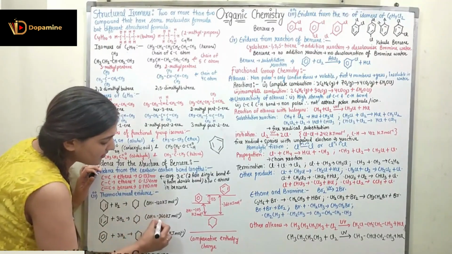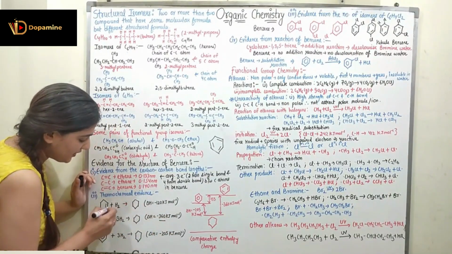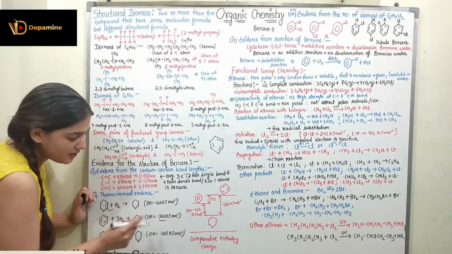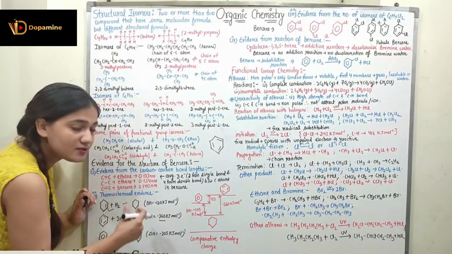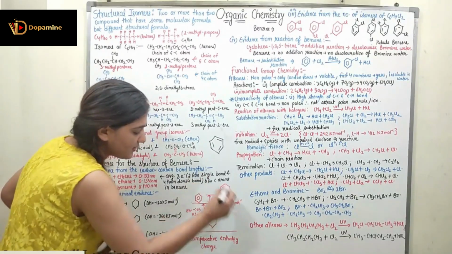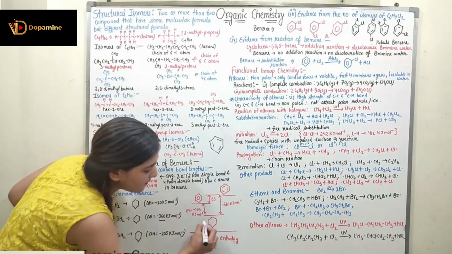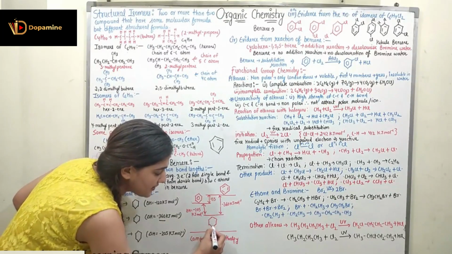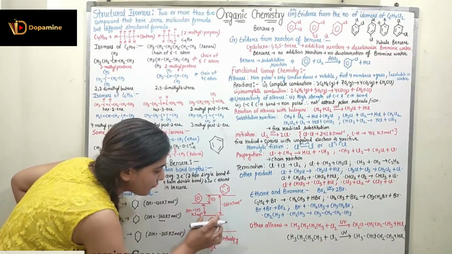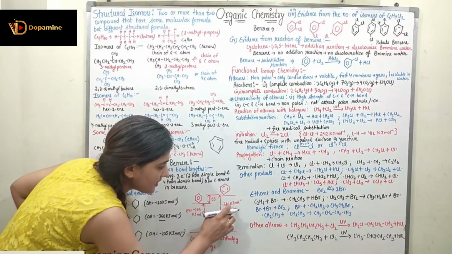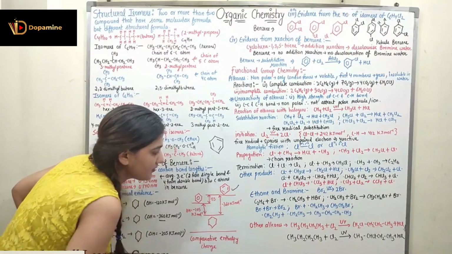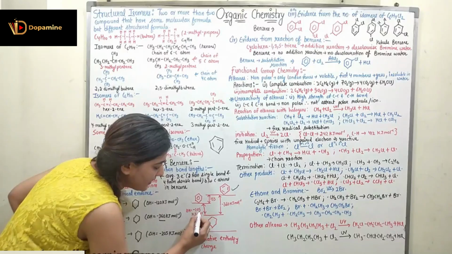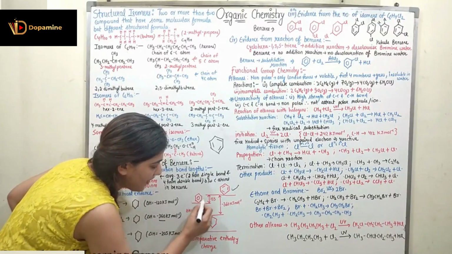So 120 into 3 is minus 360. If I observe that I have 3 double bonds over here, it would be thrice of this, right? It should be this only, but overall benzene is more stable than this structure. So you can see the enthalpy level diagram. You can see this is my structure which is not having any double bond. This is a cyclic carbon structure with only the single bonds present. So if I move up by minus 360 kilojoule per mole, I will be having the cyclohexa-1,3,5-triene, right? But if I move up by minus 205 kilojoule per mole, I will be having the benzene.